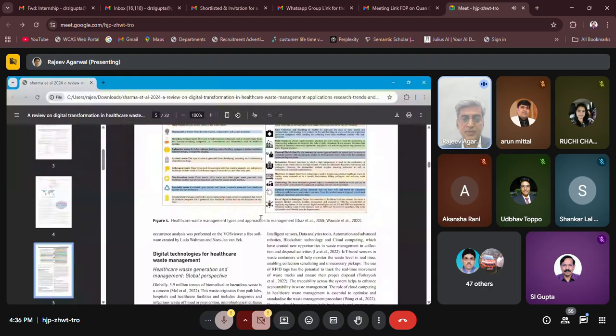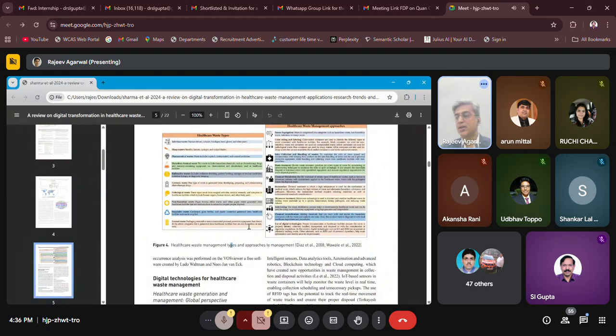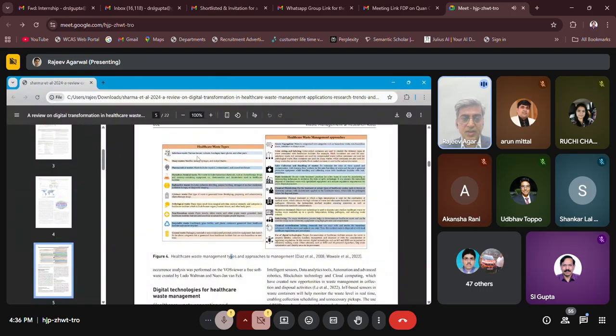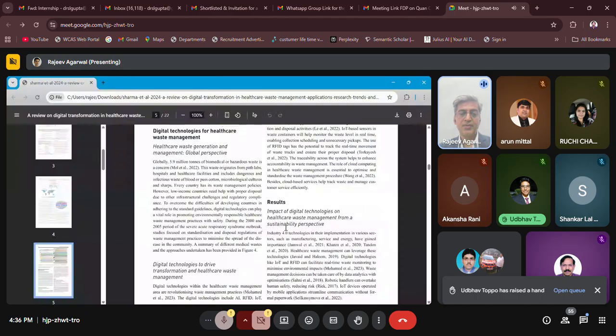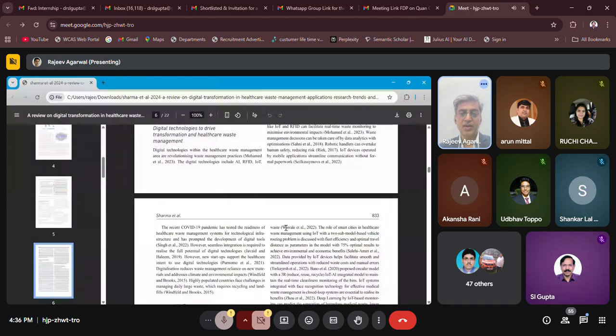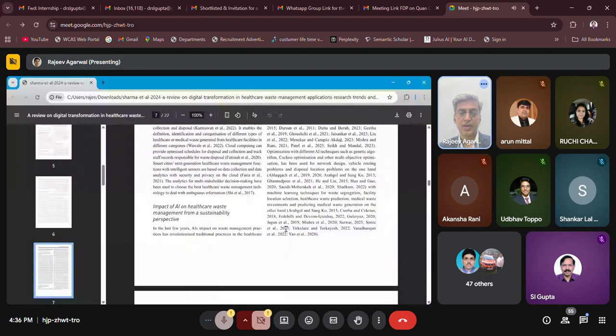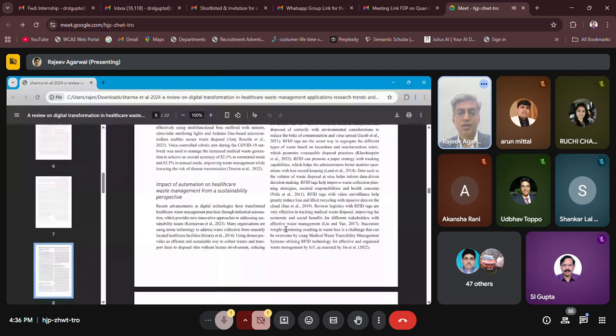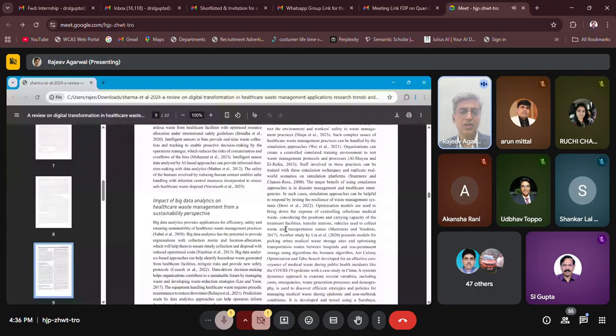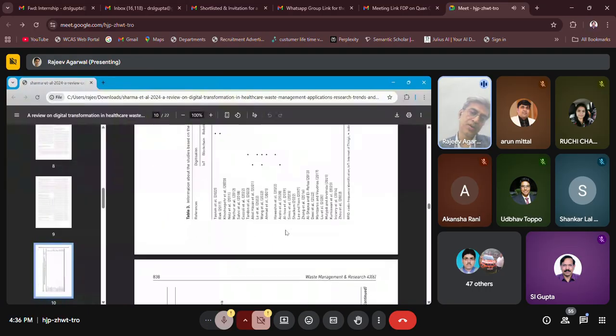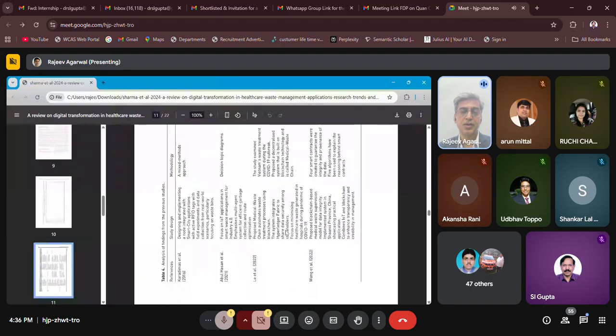Then these are the healthcare waste management types and approaches. In this paper, anybody can say this is the actual dictionary for them. They can say, yes, this is infectious waste, these are the various waste types, and these are the various waste management approaches: segregation, color coding, and likewise. I will answer after giving this. Just see the whole paper, the impact of AI we have given, the impact of intelligent sensors with all kinds of AI data, properly given as information in tables.